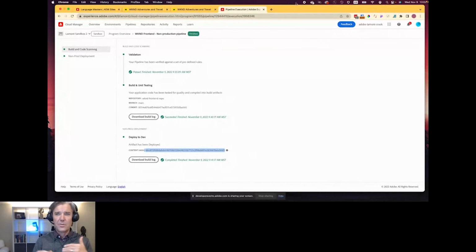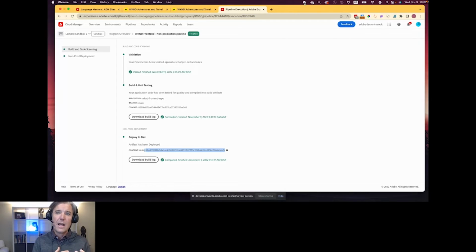So just as reference, after you run this front end pipeline, that static URL is going to match those two things. The reason for that is every time you run this front-end pipeline, it becomes a version that you can see inside of AEM, or inside of the author interface in AEM, so that an author or a super user can say, I want to use this previous version, or I want to use the new version, or however.